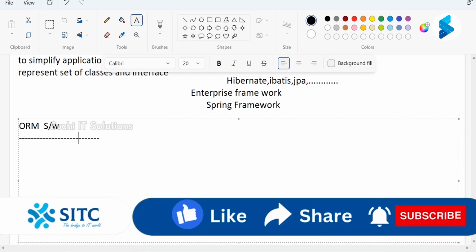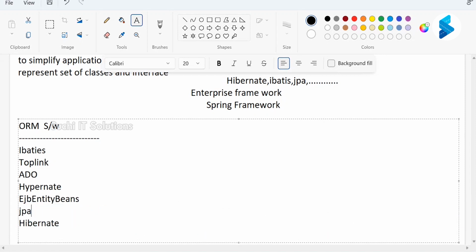Object relational mapping. iBATIS, TopLink, ADO, then Hibernate, EJB entity beans. Right. Even JPA, which is given by Sun Microsystems.